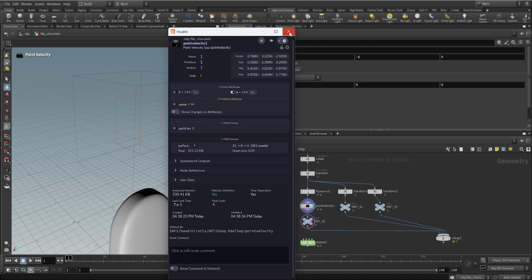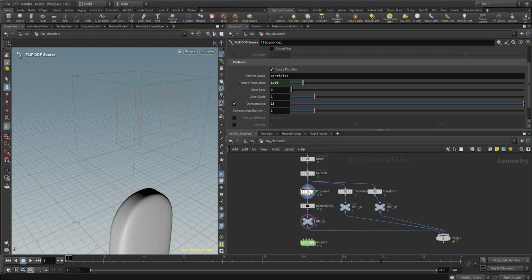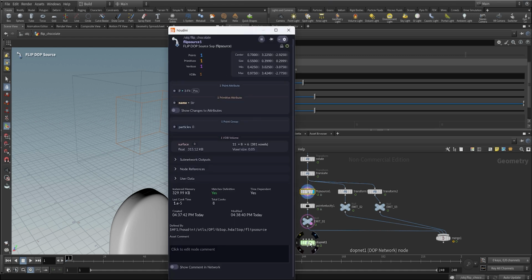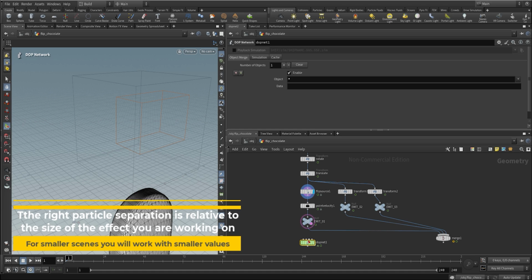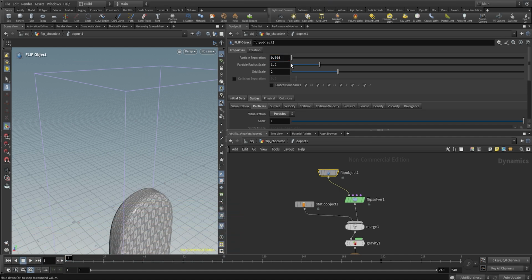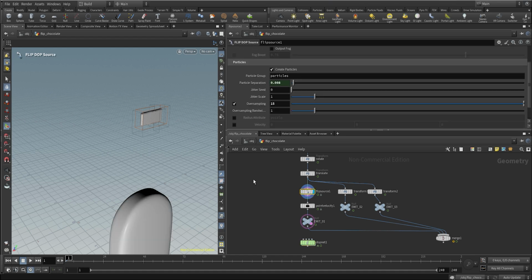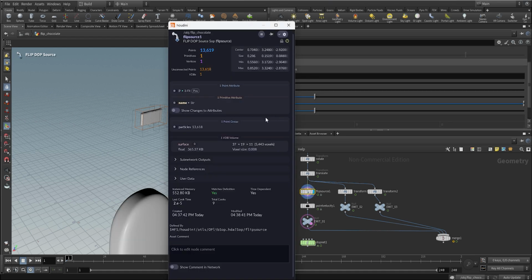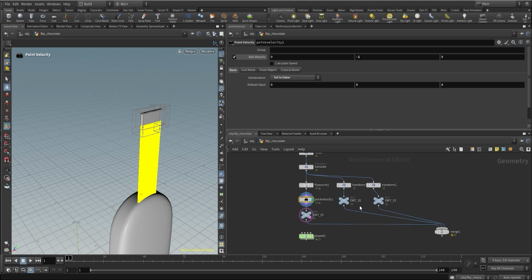We only have 1 point, so this means that maybe we don't have enough resolution on the emitter because we are working in a small scale simulation. So let's go inside the dot network, and on the particle separation, let's try a lower value, something like 0.008 maybe could work. And now if we go back one level, we can see that the SDF is displaying on the viewport. We also have points, and if we display the velocity, we can see the downward velocity is